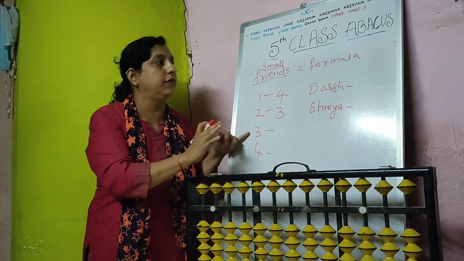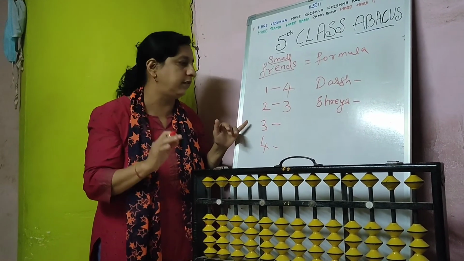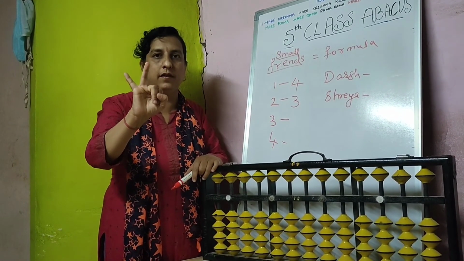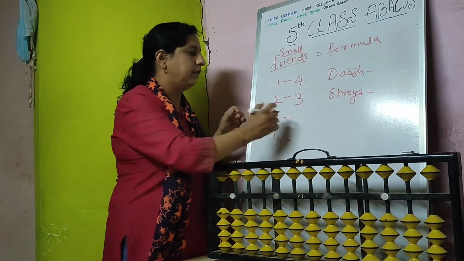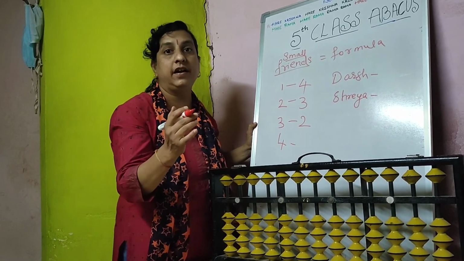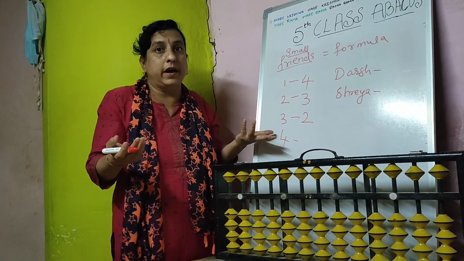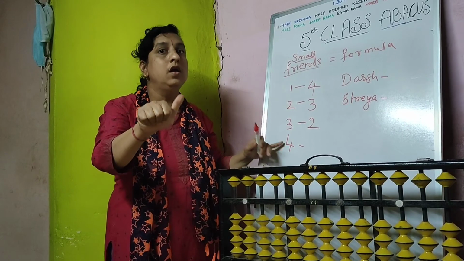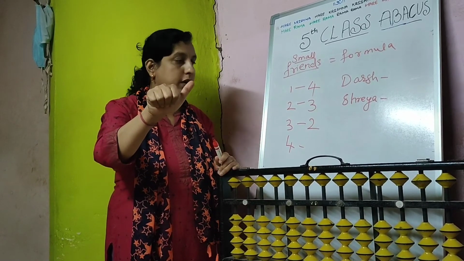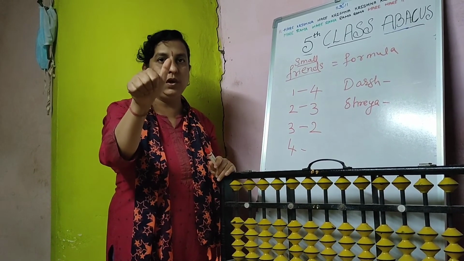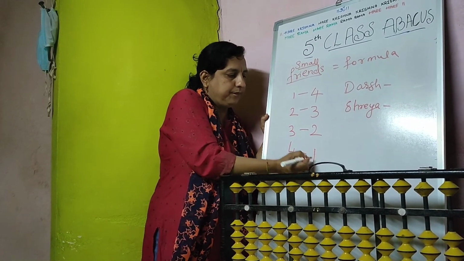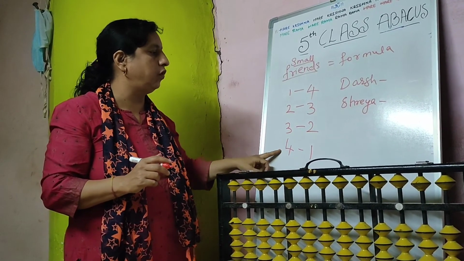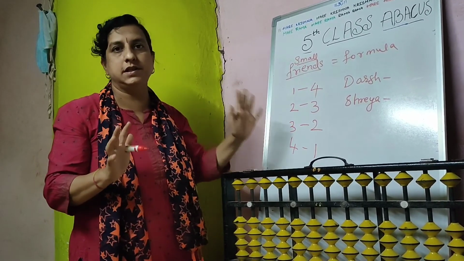Remember this. Listen carefully. If you understand this, then all the next parts you'll understand very easily. This 3: we don't know 3's friend. How to know? Close these 3 fingers. How many fingers are open here? 2 fingers. So 3's friend is 2. Now 4's friend we don't know again. So open 5 fingers and close 4 fingers, because we want to know 4's friend. How many fingers are open here? Only 1. So these are the friends: one's friend is 4, two's friend is 3, three's friend is 2, four's friend is 1. Write it 20 times. This is your homework.